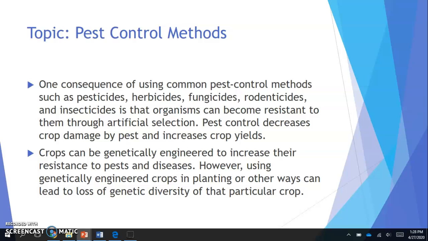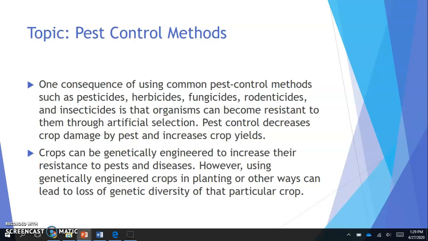We're going to go over pest control methods really quick. We're going to wrap that up into irrigation. We're going to talk about integrated pest management a little bit more next week. But when we talk about pest control methods, these are things like pesticides, herbicides, and fungicides. Pests would be insects, like aphids and things that will feed on crops. Herbicides would kill plants, so those are specifically for weeds that will come up and compete with your crops for sunlight, oxygen, water. And then a fungicide, obviously, is something that will kill a fungus, because fungi can be harmful to